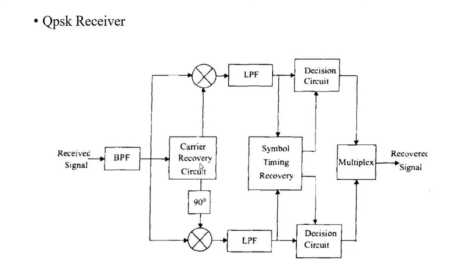So here we will observe the carrier frequency and provide a phase change of 90 degrees for the quadrature component, and the in phase component will be directly given to the low pass filter. So here we found that both the signals are actually given to the low pass filter and taken out for the decision. The decision will be based on the symbol rate and also the bit value.